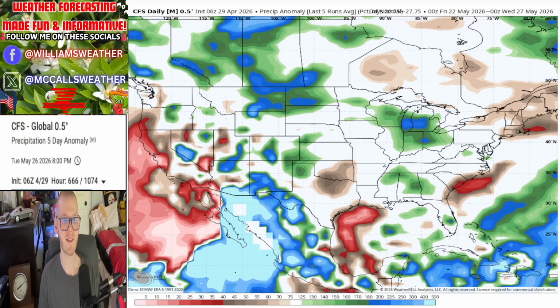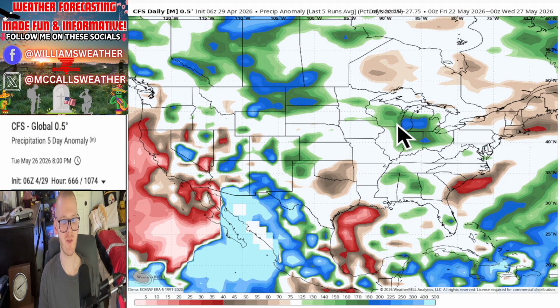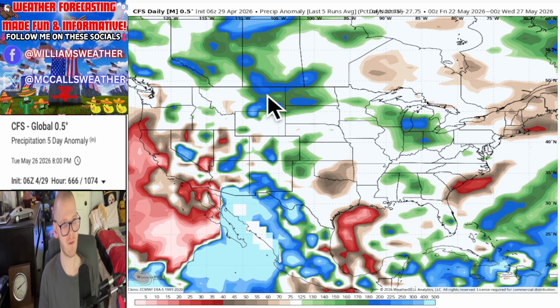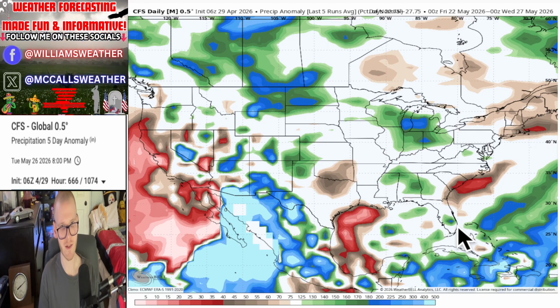Right around the 26th time frame, it's looking like the Great Lakes region is going to be above average, as well as up here in the upper Midwest and Northern Plains and even Northern Rockies. West Coast, Southwest, mixed bag, but leaning below average down there. Southeast, also a mixed bag, but I would say above average down there, here in Mississippi, Alabama, and parts of Georgia, and even down here in Florida, where y'all do need the rain. Northeast is going to be drying out as we head towards the end of the month.